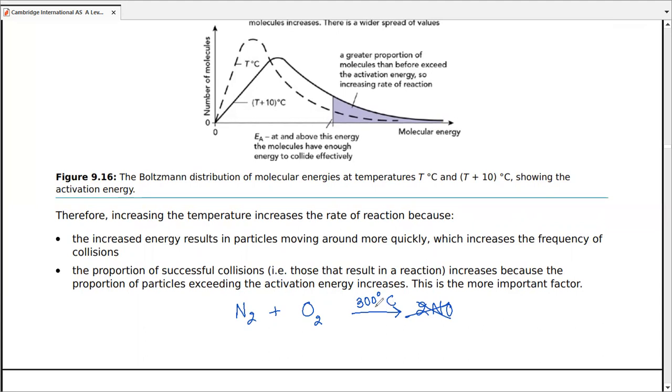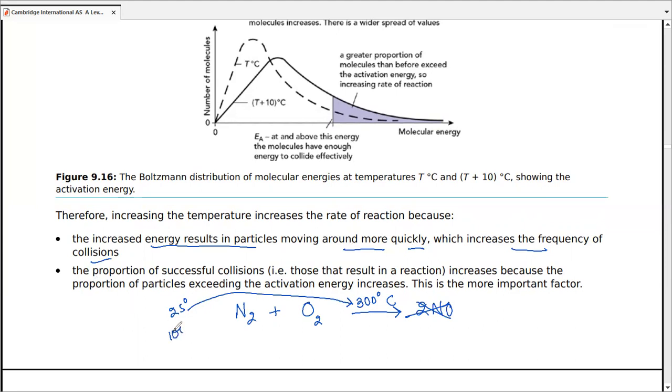Increasing it to 300 degrees centigrade from the room temperature of, let's say, 25 degrees centigrade, I would definitely increase the energy of many particles. They will go around more quickly. Many molecules of nitrogen and oxygen will move around more quickly, and they would even collide with each other with more frequency. That means the number of collisions between nitrogen and oxygen particles, let's say at room temperature, there were, let's